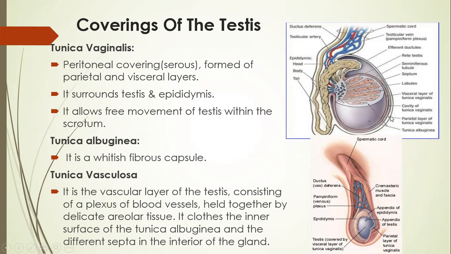This is the parietal layer, the white layer, and this pinkish layer is called the visceral layer. So there are two layers within which there is a small cavity. This is called the serous cavity, within which a small quantity of serous fluid is present. It is around the testis and the epididymis. This cavity not only surrounds the testis itself, which is shown here in cut section so that you can see the inner part, but also the epididymis. So partly even the epididymis is covered by the tunica vaginalis.